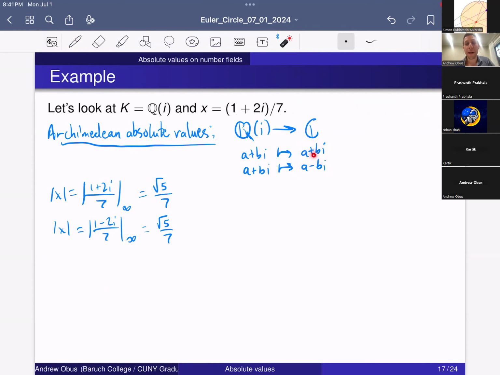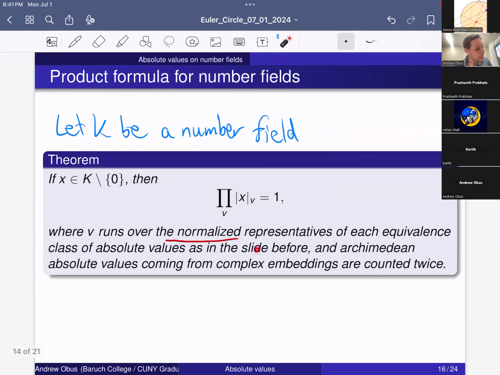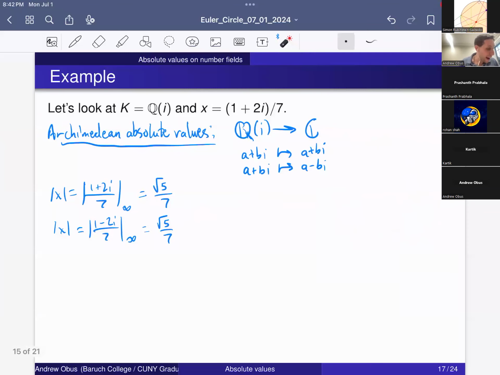So these two embeddings might be different embeddings, but they both give you the same absolute value, right? And this is why we count the complex embeddings twice, because technically this is a product over all absolute values, but when you have one of these Archimedean absolute values coming from a complex embedding, it's really coming from two different embeddings, so you should count it twice. Okay, so in this product, we're going to have actually two factors of square root of 5 over 7. Okay, and then for the non-Archimedean absolute values,